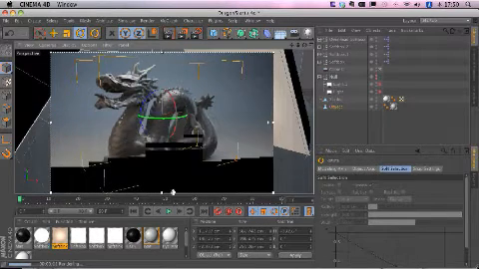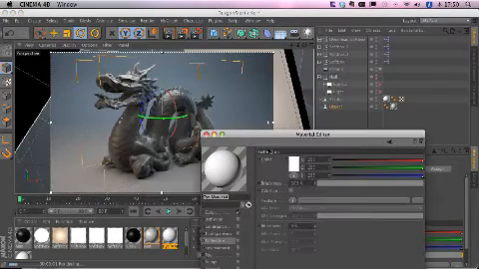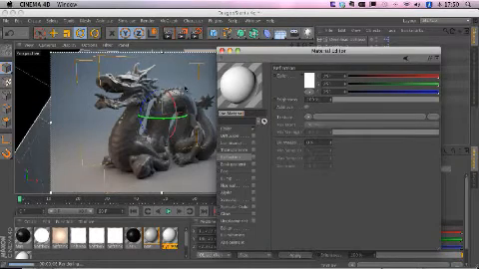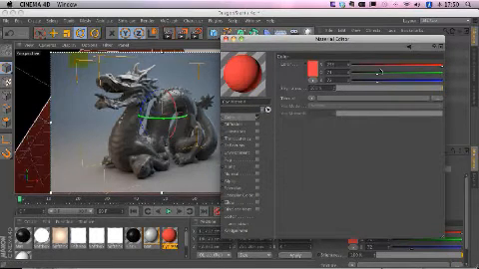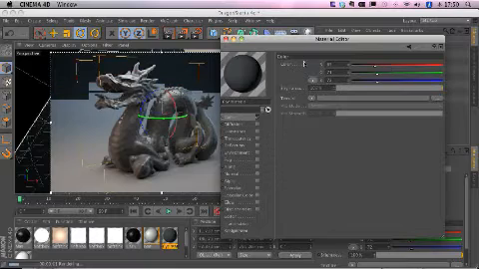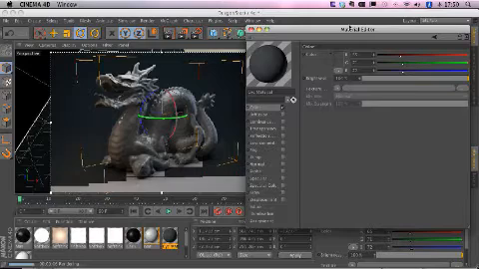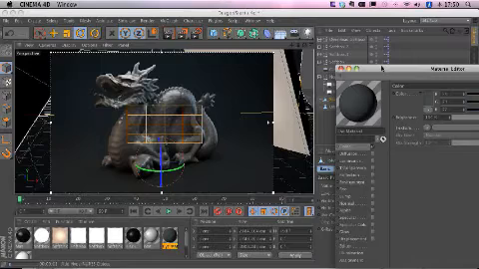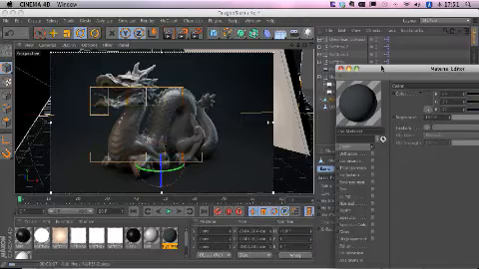So then when I see something I like in the interactive render region, what I'll usually do is do a full render in the viewport here just to make sure everything's looking the way I want it to. So now that we have the scene set up, I'd like to show you guys some of the physical